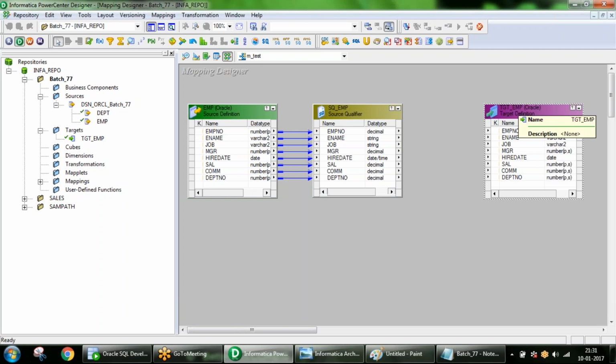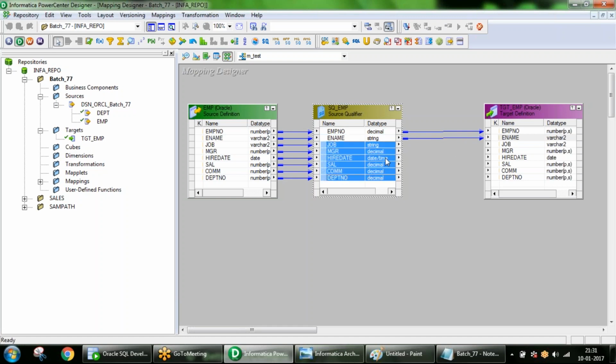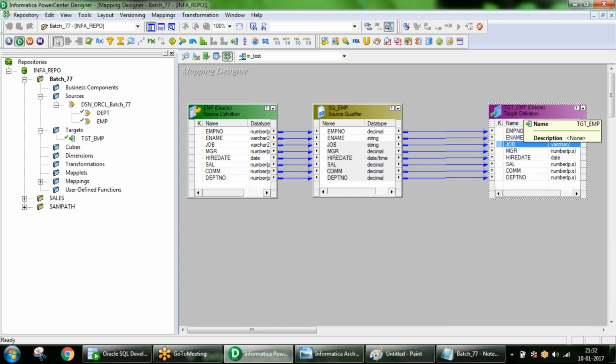Now, here, a very basic mapping, we have identical structures. Both source and target have a similar structure. Just connect. From source, I am getting an employee number. The employee number I am planning to load into employee number in the target table. Like this, you have to connect, or at a time you can connect multiple. You can select and drag and drop. We are just extracting. We don't have any transformation logic. Simply we are loading.